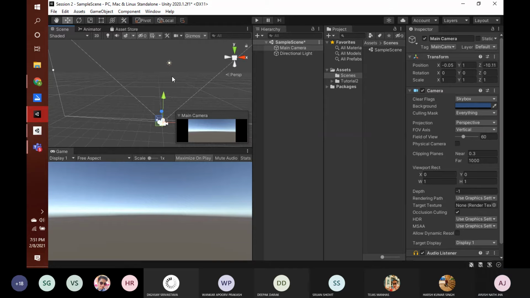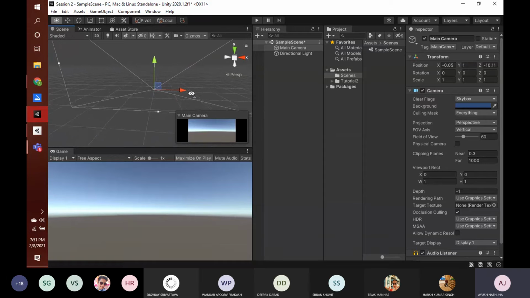Now if you want to zoom in or zoom out, you can use the scroll button. If you scroll up, you will zoom in, and if you scroll down, you will zoom out. And you can even fly around in the scene like I'm doing. What you need to do is just hold your right mouse button and then press the WASD keys, just like you play games, for moving forward, backward, left and right.